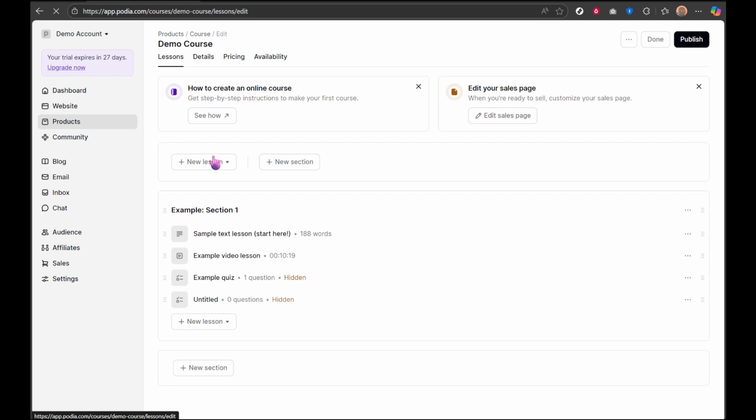Finally, let's polish your sales page. Go back to Products in the sidebar. Click the three dots next to your product and select Edit Sales Page. Hover over any section you want to change and click the plus symbol to add a new one. Use the Content tab to adjust